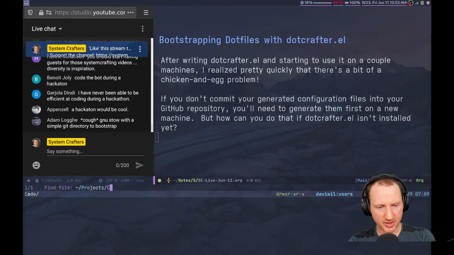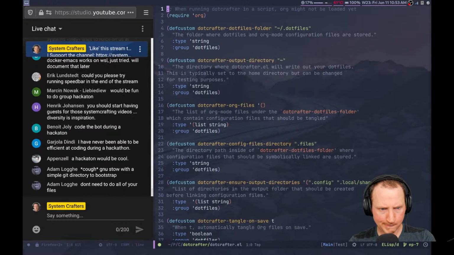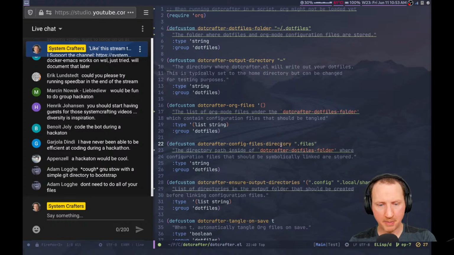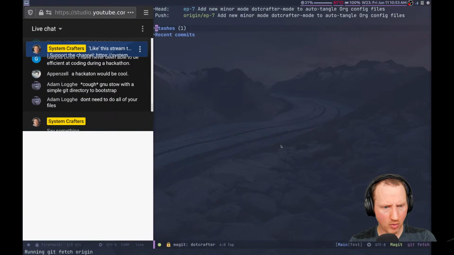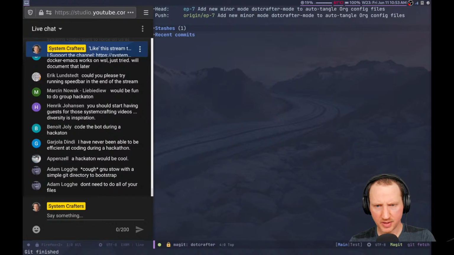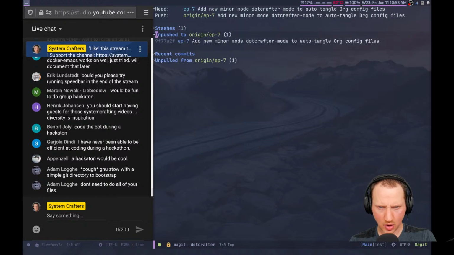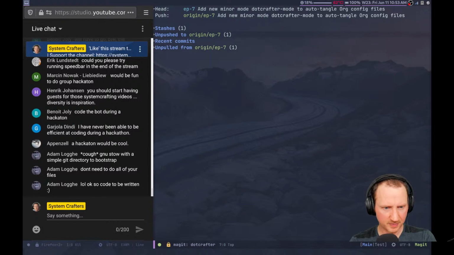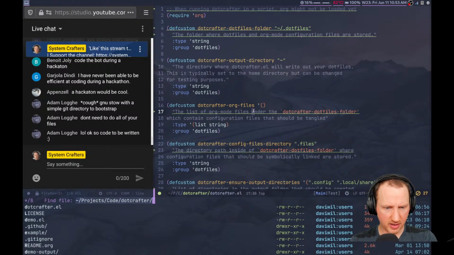All right, so projects, code, dotcrafter. Let's see if I have the latest here. Adam says you don't need to do all of your files. Yeah, that's definitely something I'm thinking about for this as well. Let's check the Git status. Is there anything from origin? Let's see. Oh, do I have a different commit? That's fun. All right, so let's